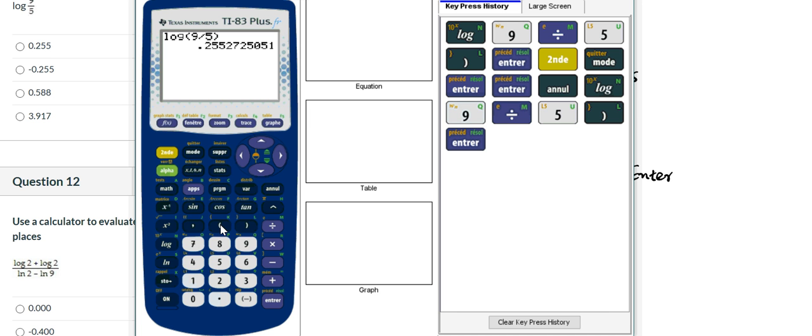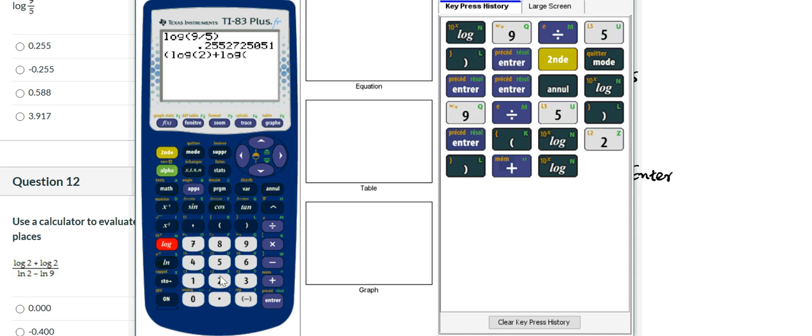You will use the bracket, and then log is the one here, 2, close bracket, plus another log 2, close bracket, and bracket,